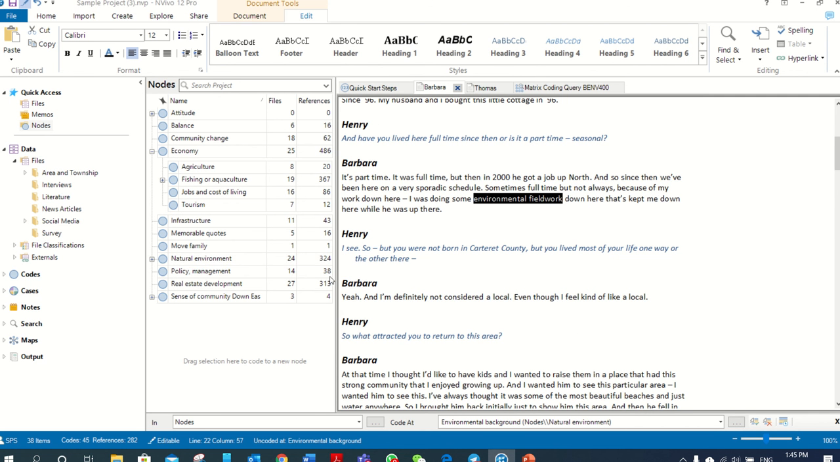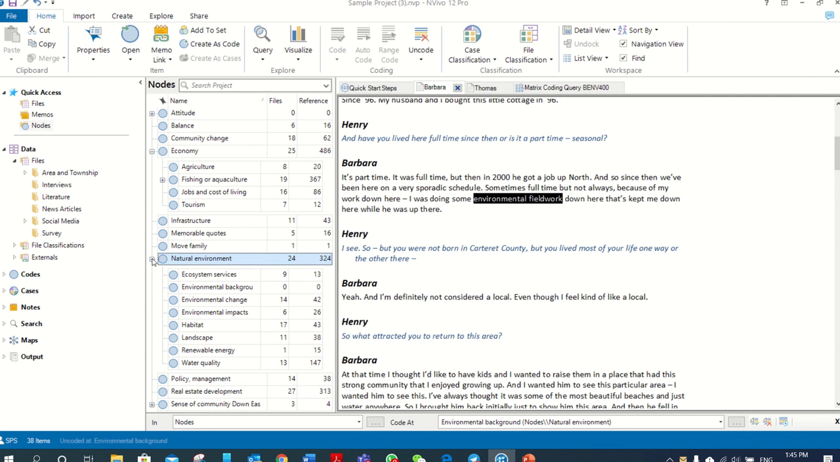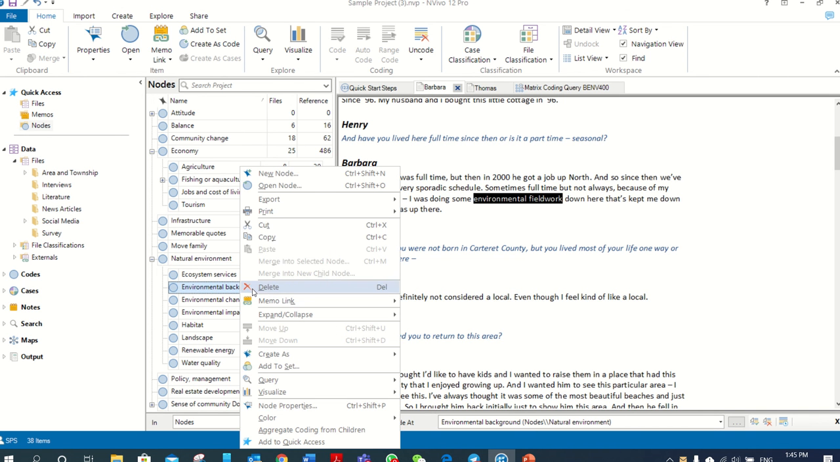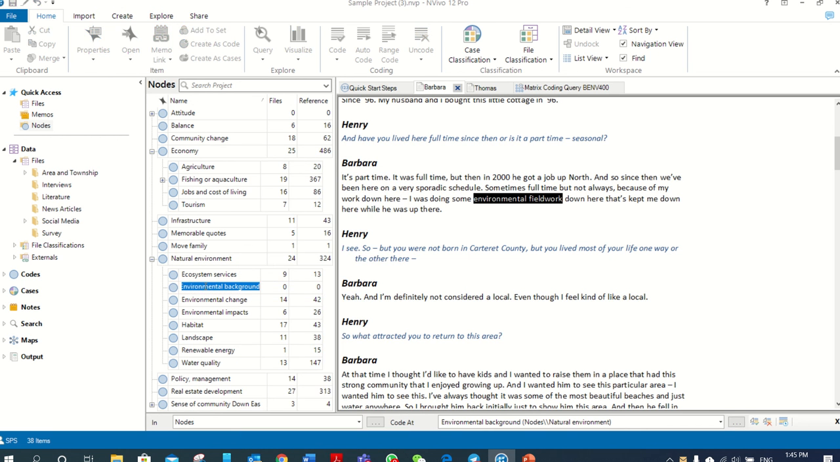So we do that, and then here just double check natural environment. So you can see environmental background, the node is still here, but it's uncoded, there is no code. But if you right click, you can delete the node itself. But this is a good idea to have this to the end of the coding process. Maybe someone else again talking about that, and you want to still use this node because it looks an interesting or maybe useful node related to your